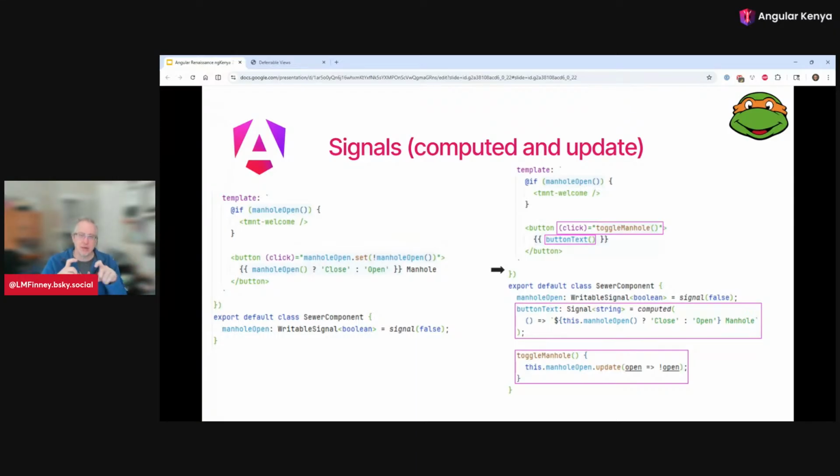But the important thing is that box is also going to know that it is dirty. And then it's going to notify all of the other ones that depend on it, which in this case are button text and the template itself up at this top line, that it's dirty. And by telling the button text that it's dirty, button text now itself is dirty. And so button text is going to tell the template that it's dirty. So now the template is going to know that this specific line and this specific line are both dirty and need to be re-rendered. And so Angular is going to ask that template to re-render,